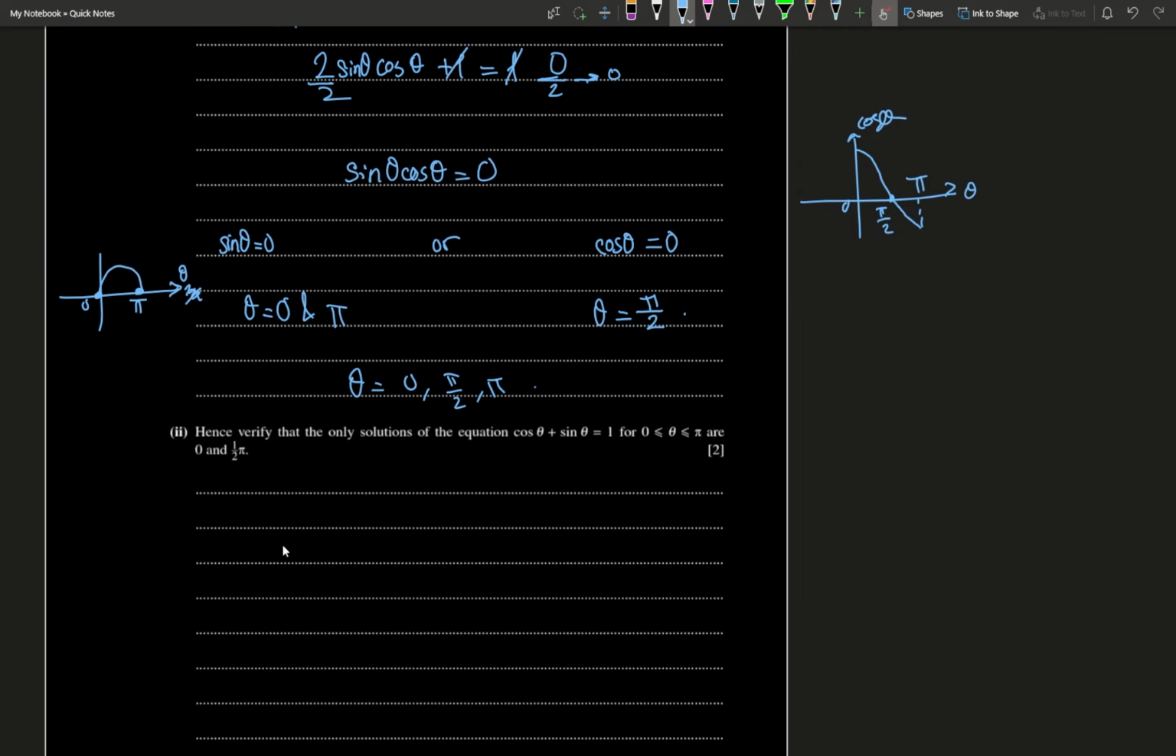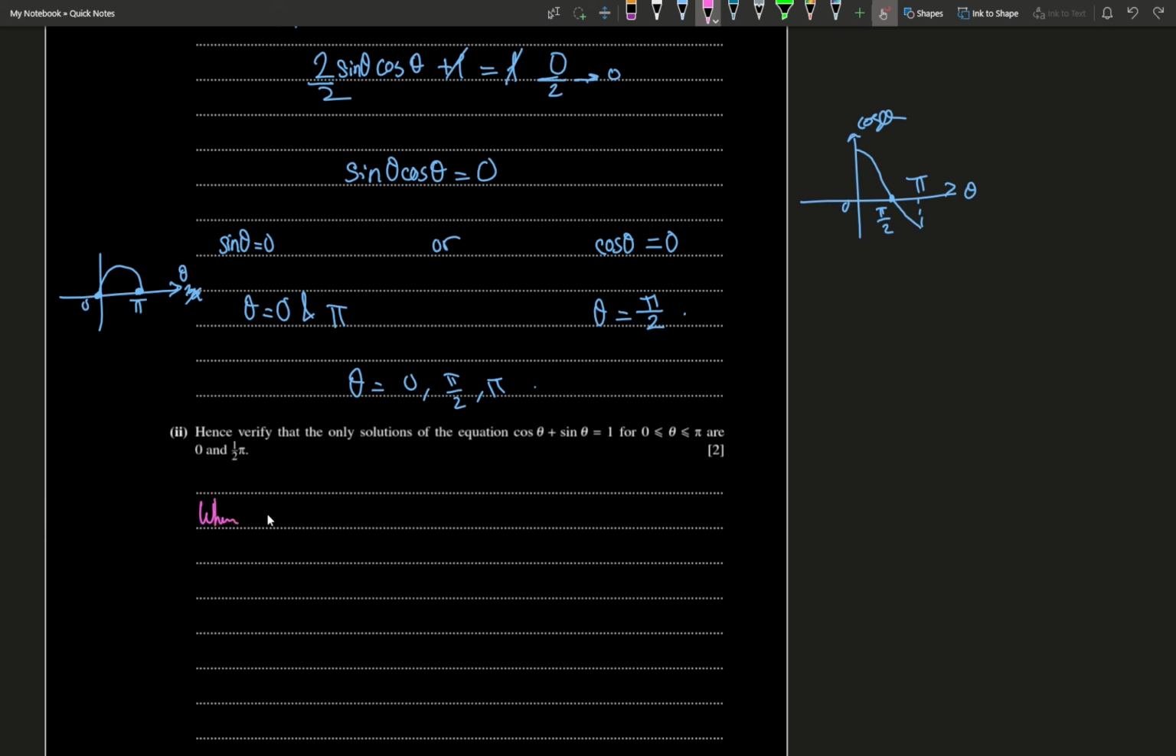بيقول لك بقى for part I, hence verify that the only solutions of the equation cosine of theta plus sine of theta is equal to 1, for theta is greater than or equal to 0 and less than or equal to pi, are 0 and pi over 2. You'll simply just substitute your values of theta into this equation and prove that the only solutions for this equation are 0 and pi over 2. فأنت هتقول له كده